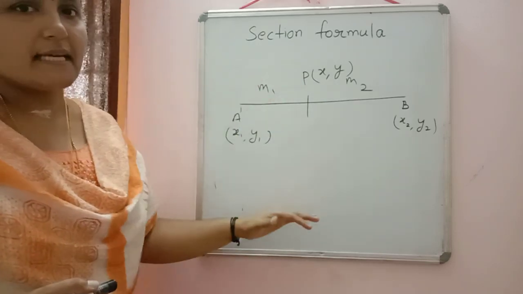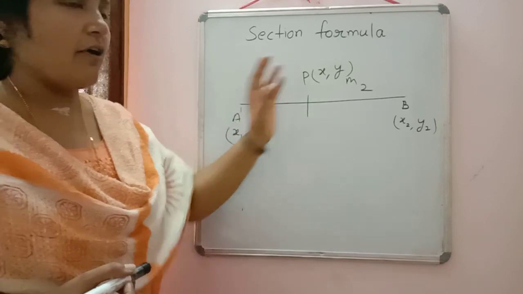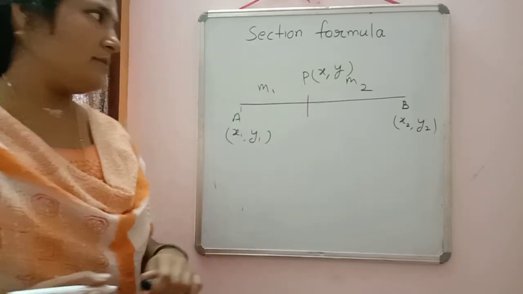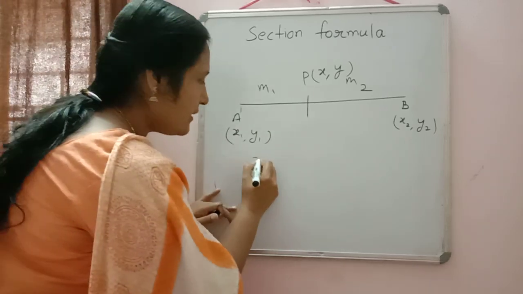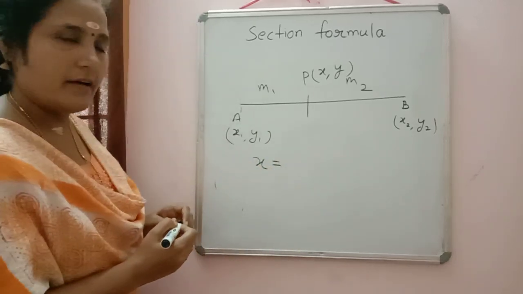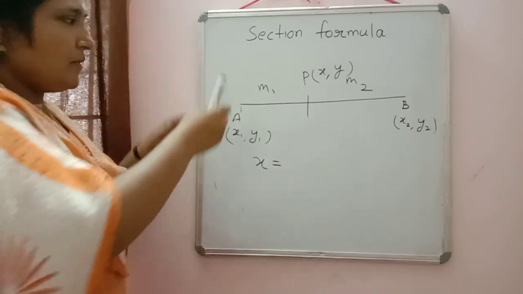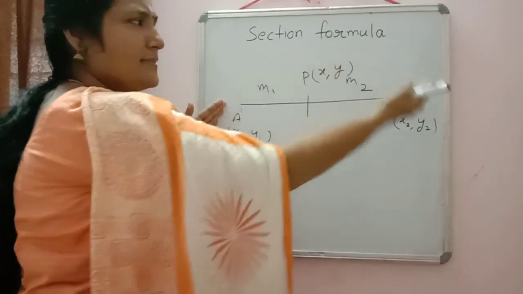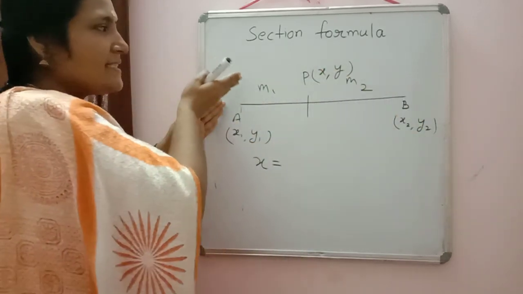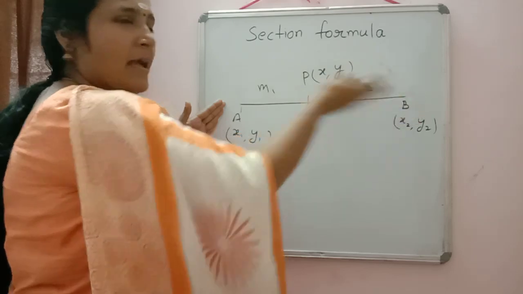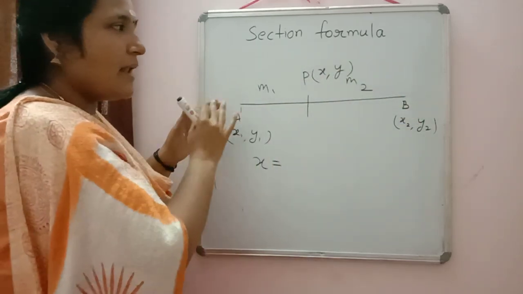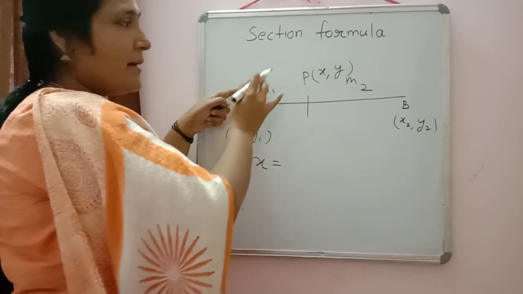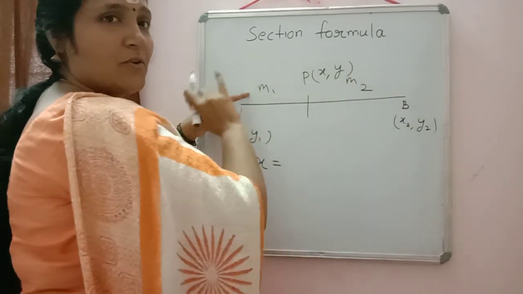In this section we are not going into the derivation. I will write the formula directly and I will tell you the method to learn the formulas also. So first, the x coordinate of point P. How will we learn the formula? Suppose this is the point A and this is the point B. This is my house, this is our neighbor's house. Children always have the tendency to go to the neighbor's house, correct? So to calculate the x coordinate, what will I do? My house is here, but I have the tendency to go to the other house.